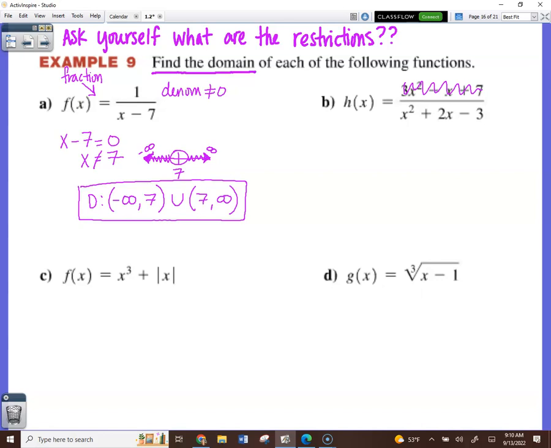So you focus on the bottom. I'm going to write: focus on the denominator. Remember, it cannot equal 0. So set it equal to 0 and solve it. It is a quadratic with 3 terms, which means check to see if it'll factor to a binomial times a binomial. This should be a short and sweet one because,